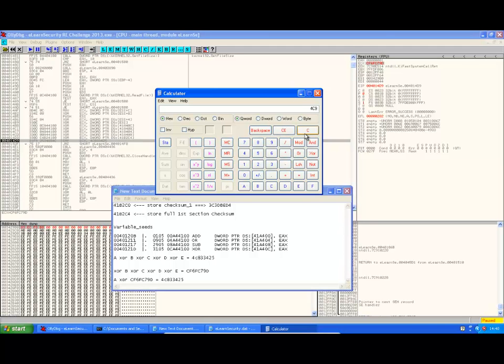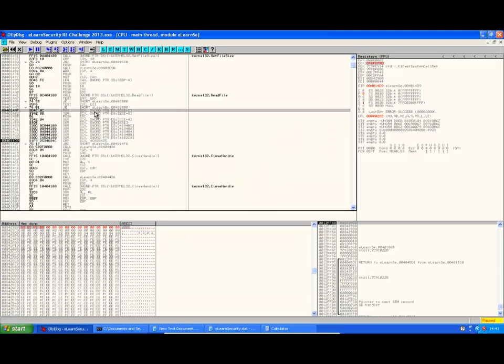So we do 4C833425 XOR CF6FC79D equals this value that we found before. So if we go back here,